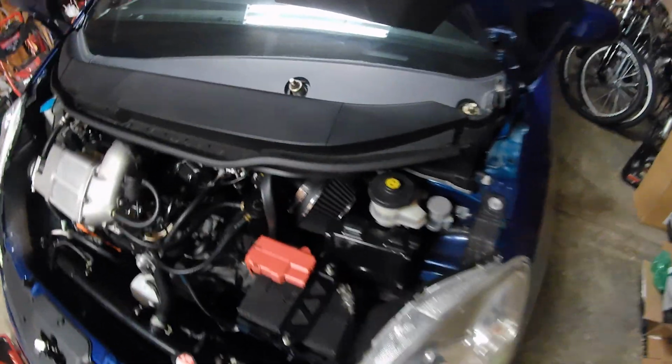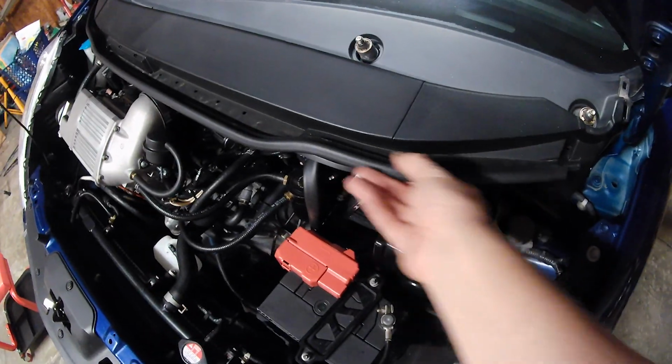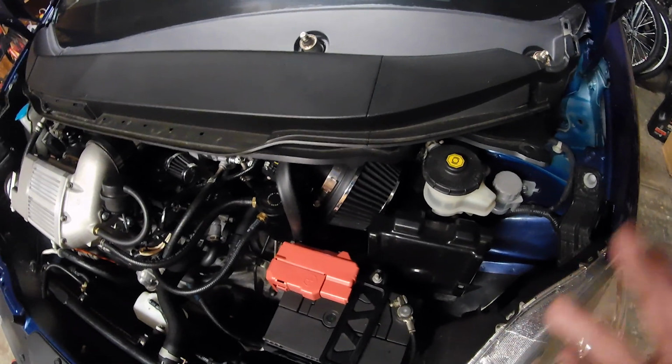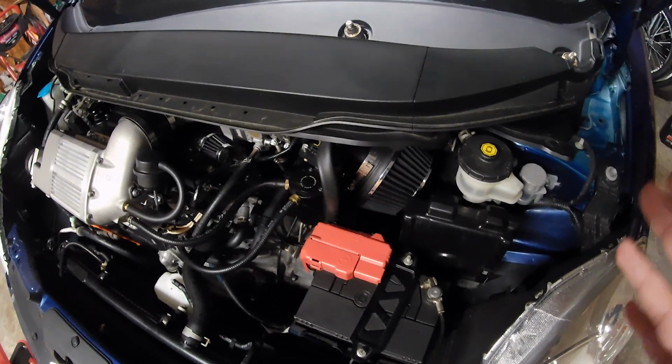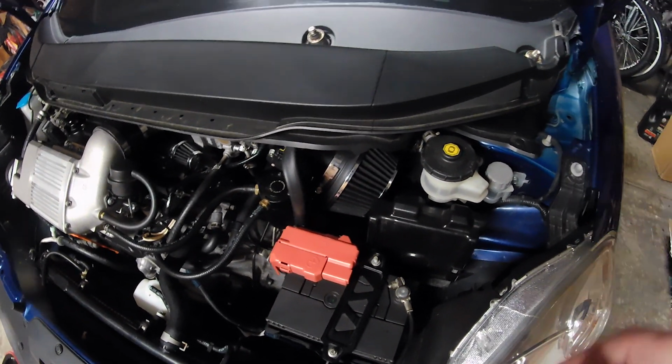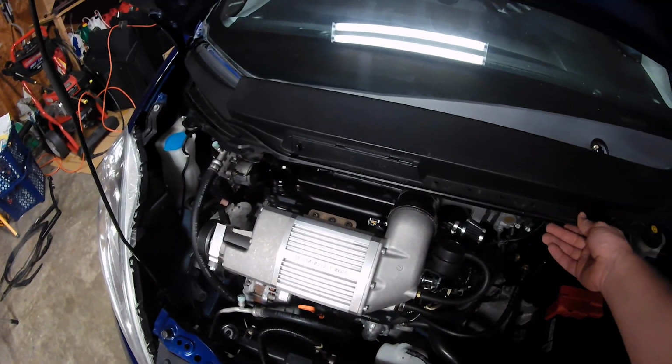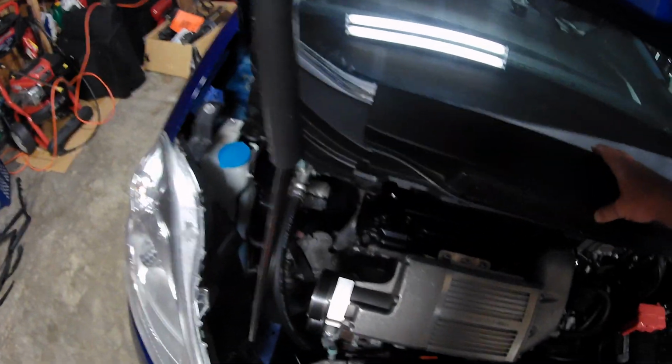Alright, so next you're going to want to remove this rubber sealing strip right here. And you'll notice that the cowl is really kind of split into a couple sections here, but it really ultimately comes off pretty much as one piece. So once you get all the tabs freed up on the cowl here and you have it loose,